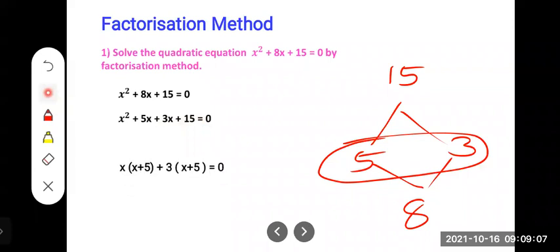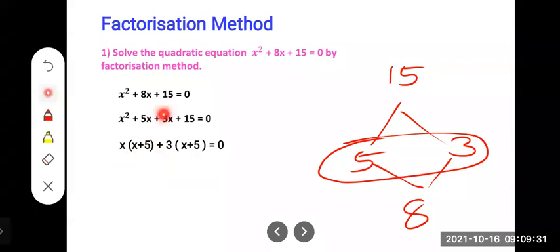So how will we do? See here. Here x into x. Here 5 into x. So what is common here? x is common, children. So you take x common outside. Okay. So what will be remaining here? x will be remaining and 5 also. So x, and here the middle sign is plus, and you write here 5. So x plus 5. Clear, children? And then this is plus.